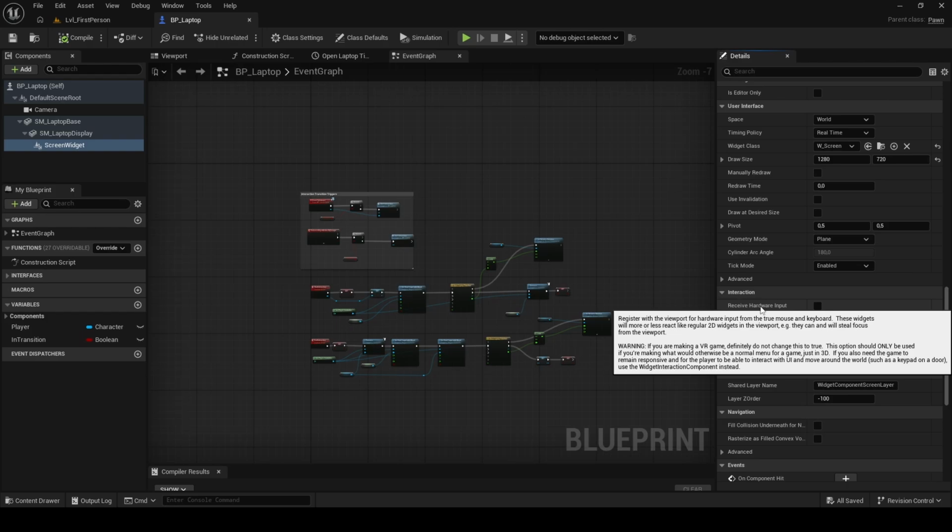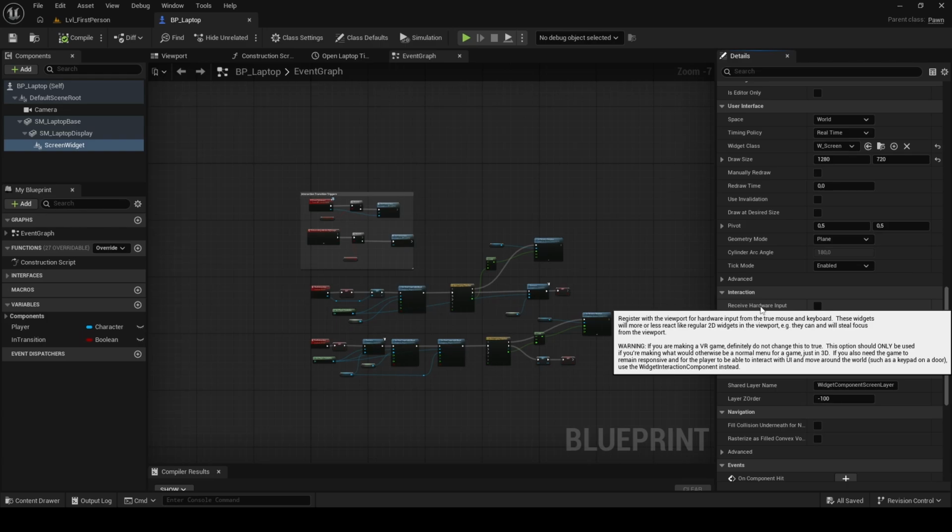And it will handle all interaction like a regular 2D widget, receiving the true mouse cursor position and all keyboard events. However, it's mainly intended for something like a regular menu in 3D space, and it only works with UI